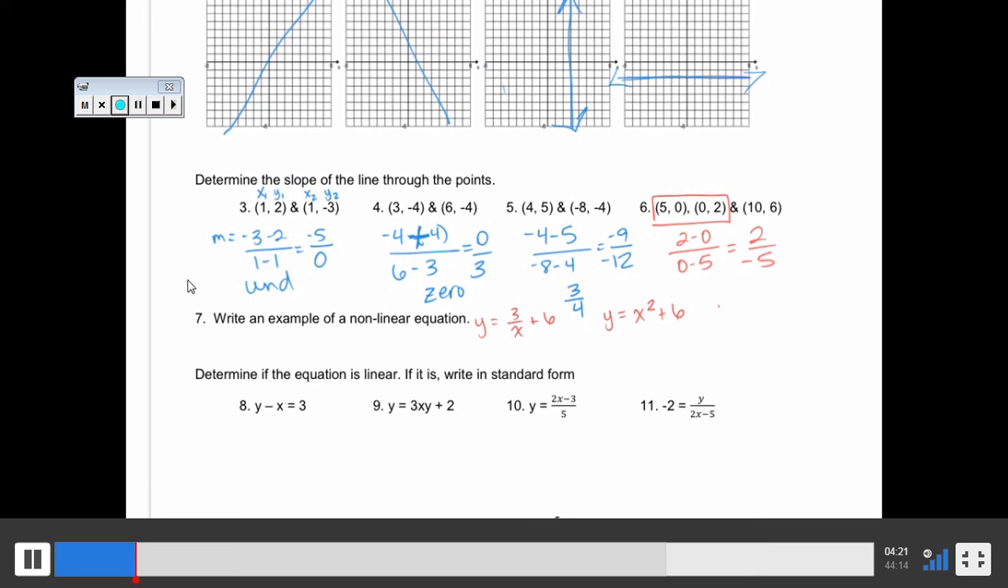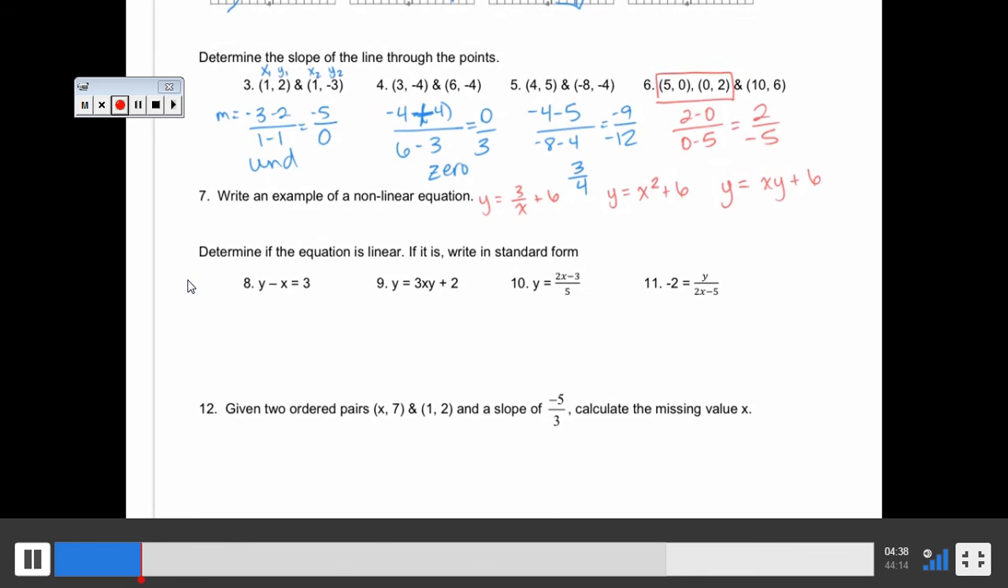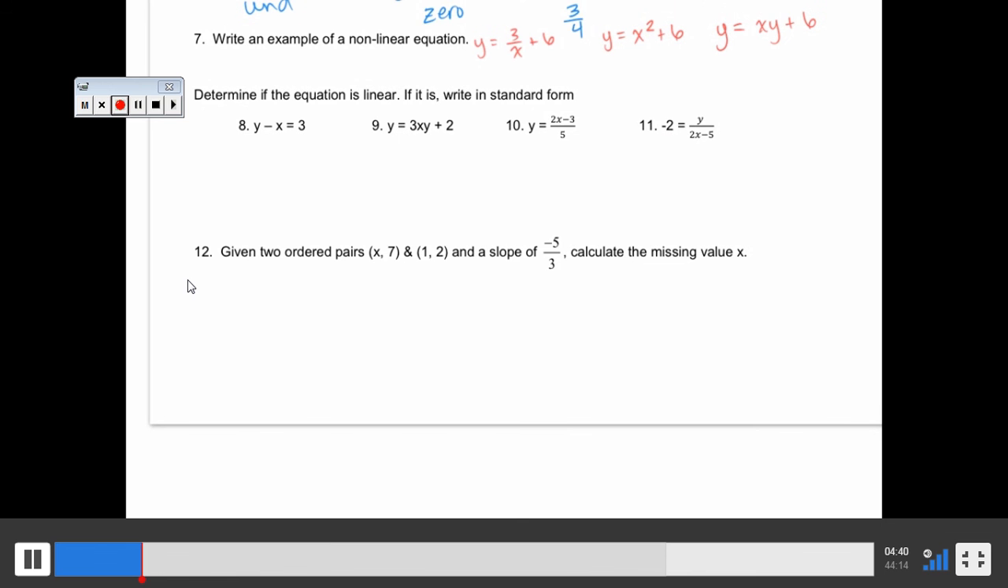And then also, once you've solved for y, there should not be a y on the other side that is multiplied by something so that you can't get rid of it. So for instance, if you had xy plus 6, that would be nonlinear. Okay, determine if the equation is linear. If it is, write it in standard form. Most of the time, it's actually easier to tell if it's linear in y equals mx plus b form. So right now, if we look at number 8,